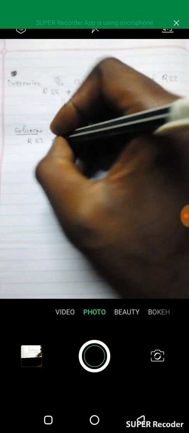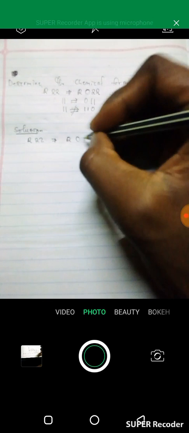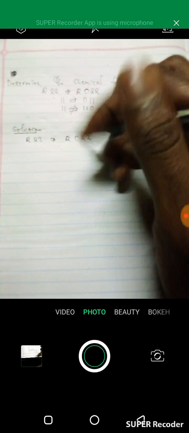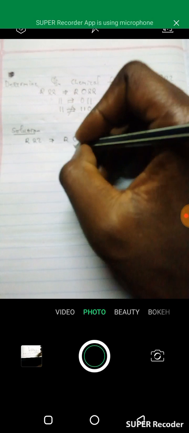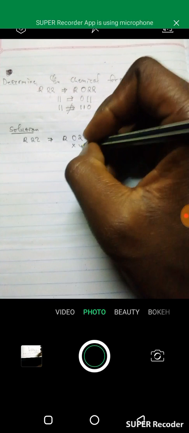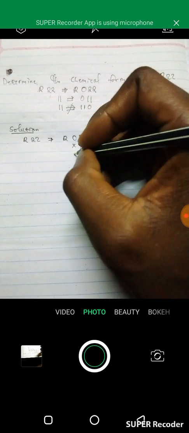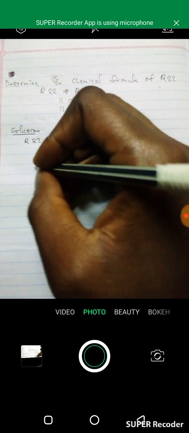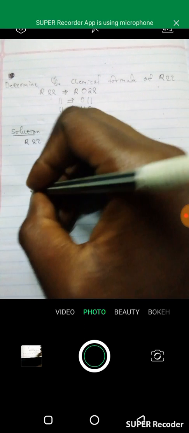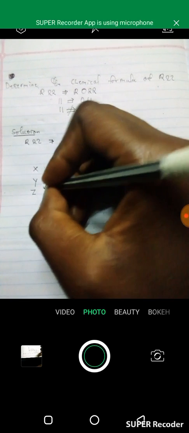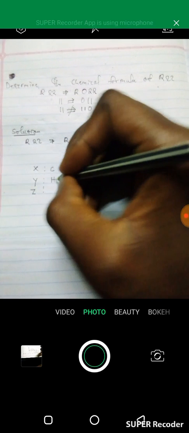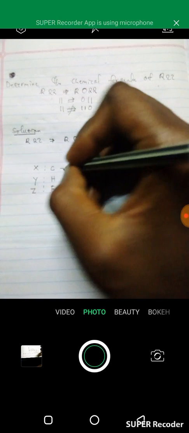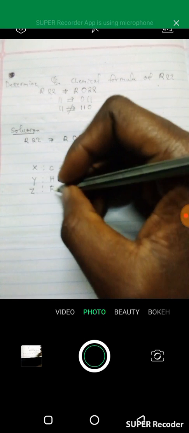That means the digits are X, Y, and Z, which is actually C, H, and F. If you remember correctly, X, Y, Z gives you carbon, hydrogen, and fluorine. For fluorine, the value is direct. So in this case, since you have a 2, the number of fluorine atoms in your compound is